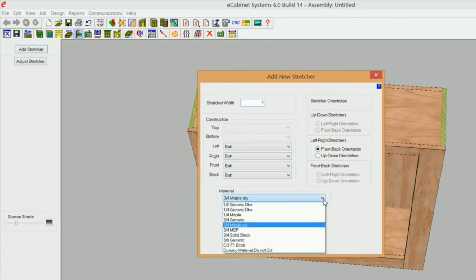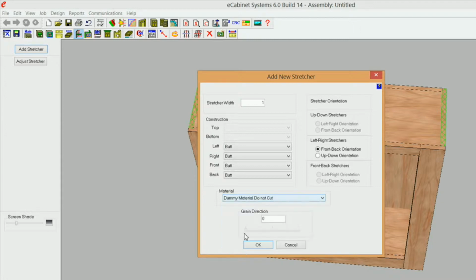I'm going to use a material here. This is 1/32 thick, and it's a dummy material that I created. It's simply named dummy material, do not cut. I used this material before eCabinets came up with the phantom part feature so that we could filter it out at the machine, but that's no longer necessary now. But you can use whatever material you wish. Like I said, this is 1/32 thick, so I'm going to click OK,